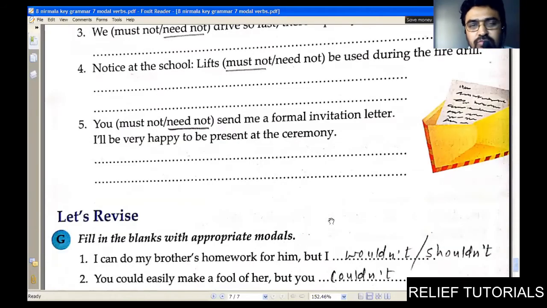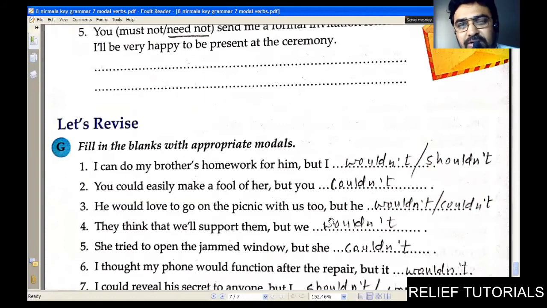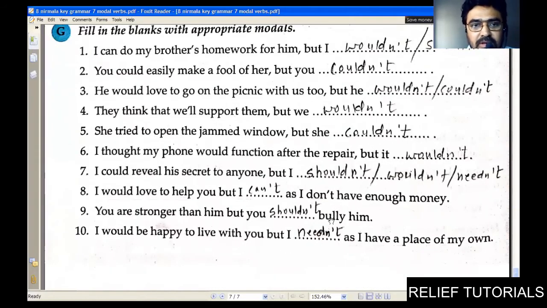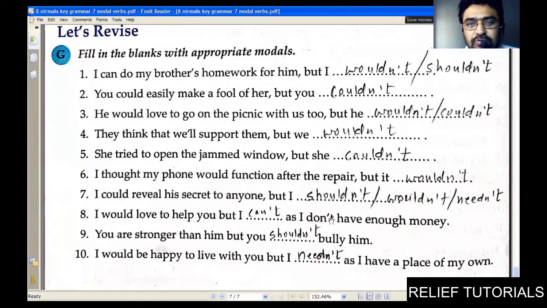So you do think of the situation better, analyze it, and then put the appropriate modal auxiliary, and you'll get the grip only through practice. Let's have some revision. एप्रोप्रिएट मॉडल रखना है उधर।